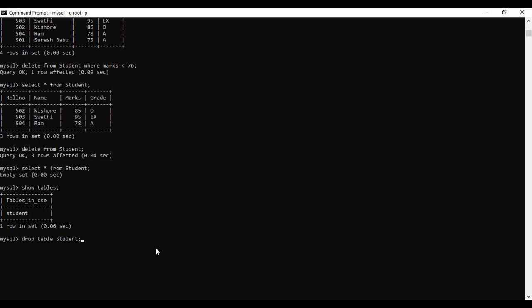It drops the table named student from the database CSC. Yes, 0 rows affected. Then once you run show tables, it shows there are no tables in the database called CSC, right?